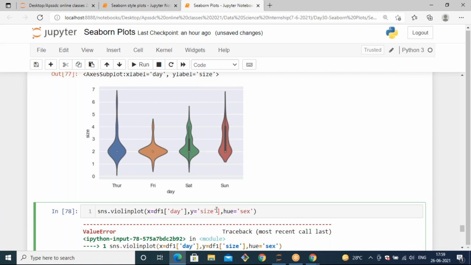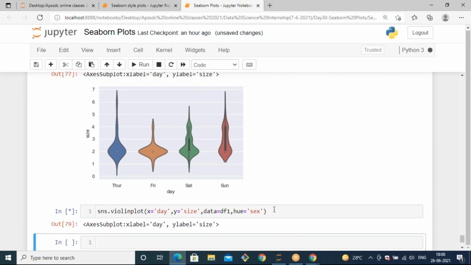If I take it like this, when you pass data, it will work. Data equals to df1. Whenever you specify the data, you don't need to write df1 of day and then y equals to size, data equals to df1, hue equals to sex. Now let's see. And now it's working.